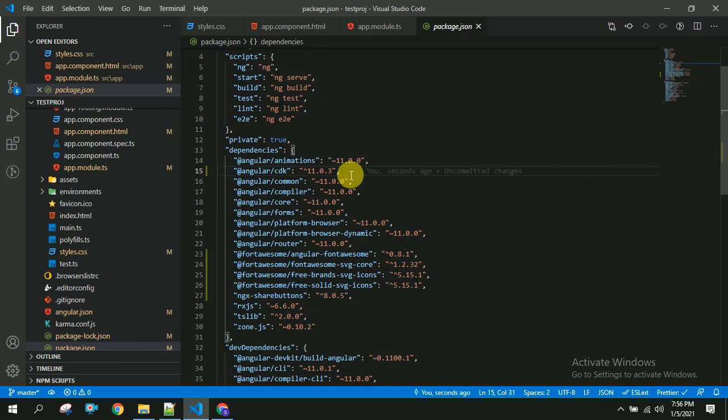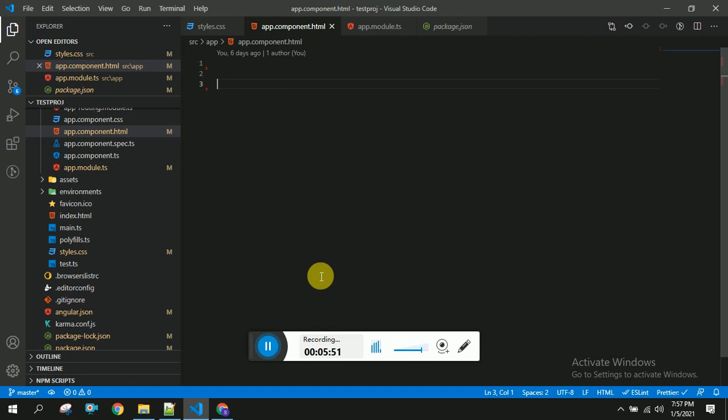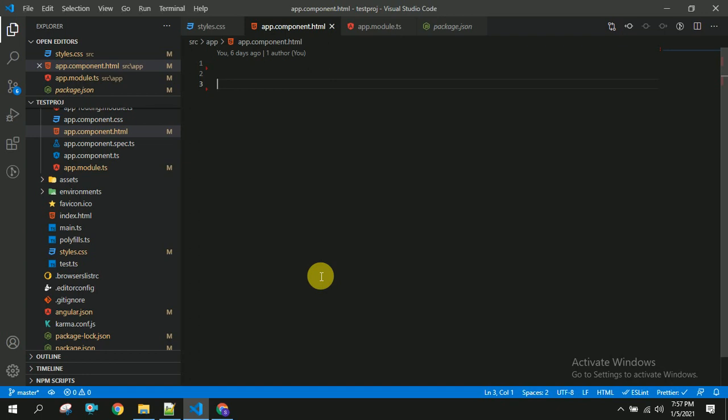Now we have to write our code in app component.html. Here I am going to write my code for share buttons.